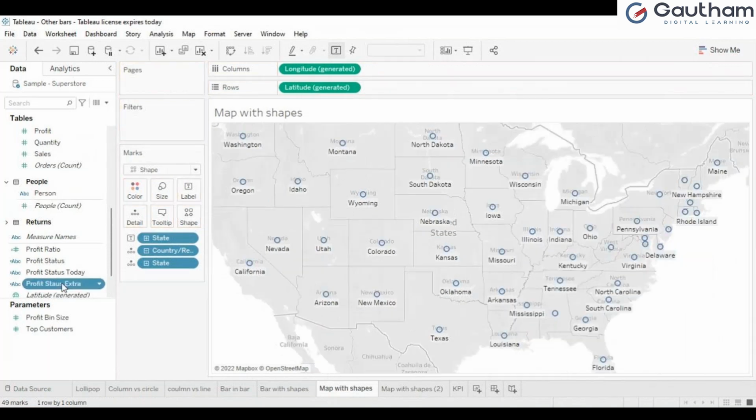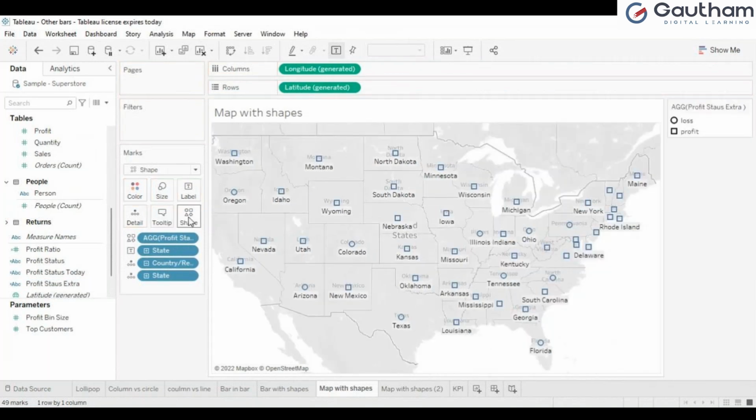See, there are only two shapes now. Okay, we can change those shapes also. So circle is talking about loss. This is talking about triangle, square. So what my interviewer or manager asked me: when it is a loss, down arrow with red mark. When it is a profit, up arrow with a green mark.